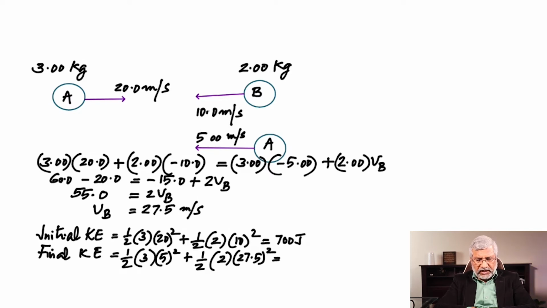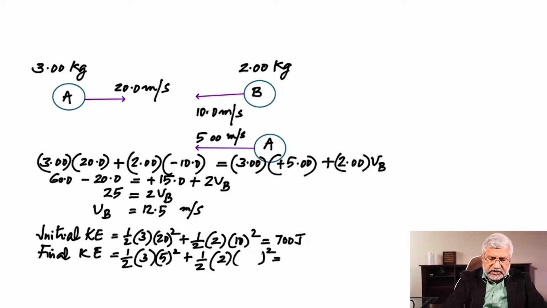And now we get, so when we do the calculations, you get 60 minus 20, and it's plus 15 here. So when you put plus 15, that makes it 25 on this side, and the velocity is 12.5 meter per second. And using that, you get,